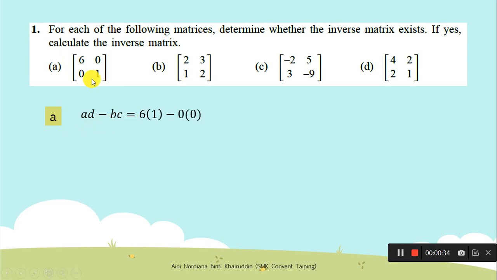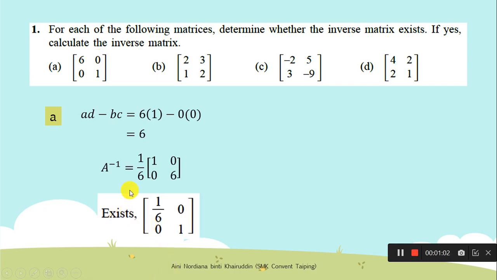AD minus BC for A is equal to 6. So 6 is not equal to 0. So A has an inverse matrix. So 1 over 6. Remember to change the position of A and D. But for 0, no need to add a negative sign. Okay. So the answer is exists because AD minus BC is not equal to 0, and